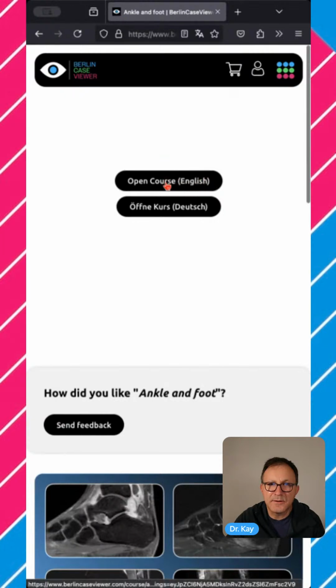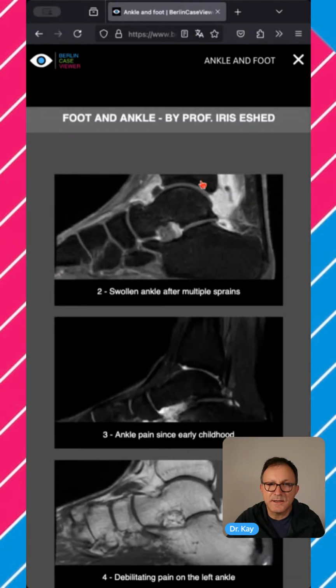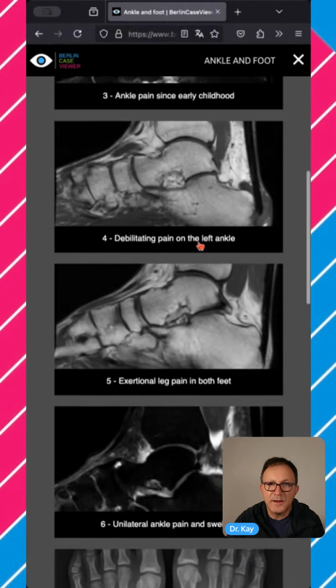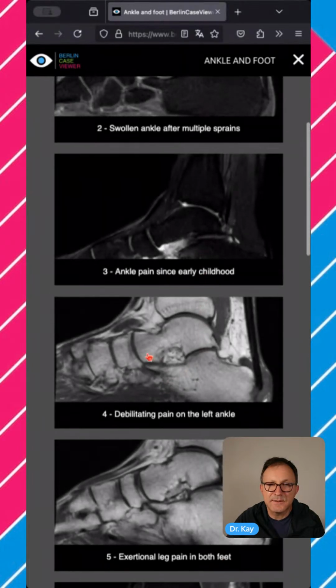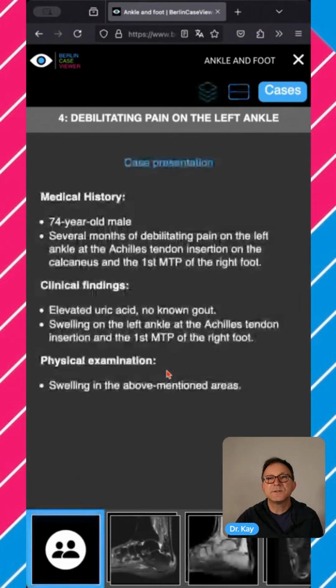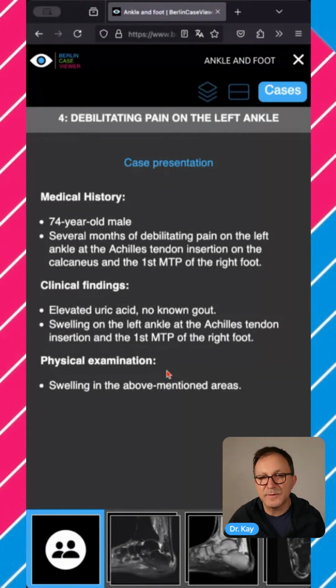can see now here. I will open this case. So these cases are opening here, and I will select this case here, case number 4, with debilitating pain on the left ankle. So here you see a full case, and I think it's very, very informative. You will see what we can do with MRI. This is a